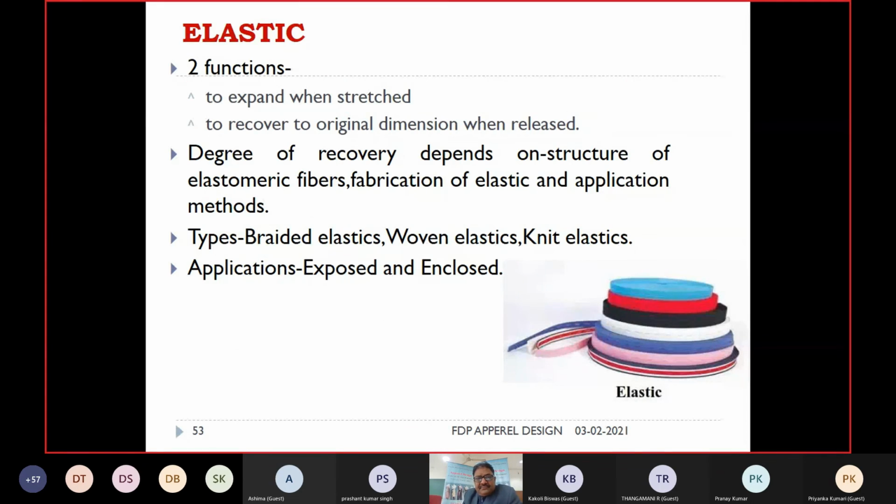This is elastic. You will find elastic in so many categories of garments, like undergarments and any body fit garments. Likewise, very popular is the range of fibers used in these body fit garments. And now in denim, you will find lycra based denim fabrics.